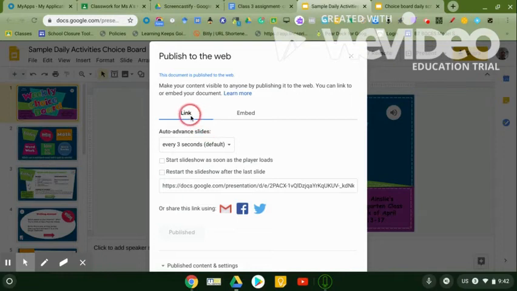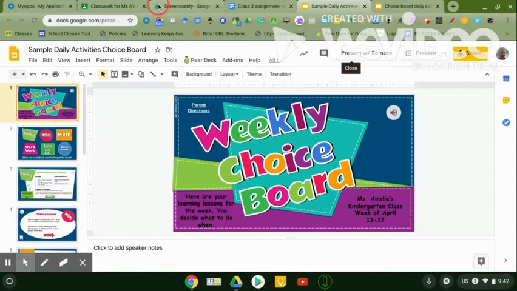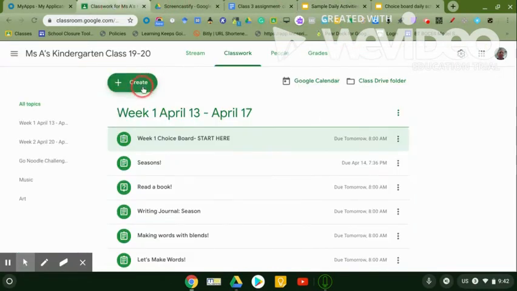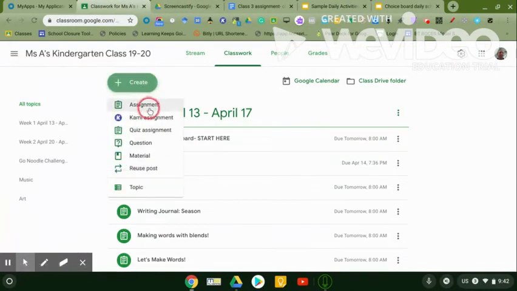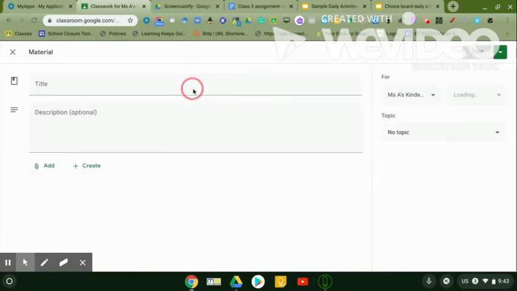It's pretty cool. You're going to click link. I don't change any of these settings really. And then you're going to copy the link. And so when you go to your classroom, you're going to create an assignment, or actually in this case, let's create a material because they're not going to hand anything in. They're just going to use it as a reference, right? I'm going to say start here,